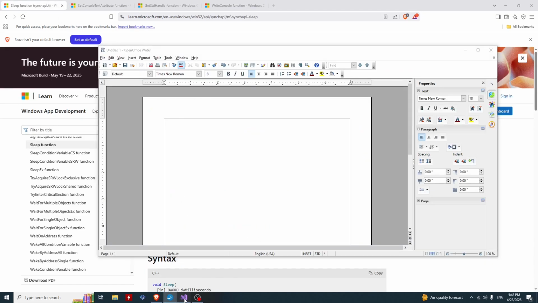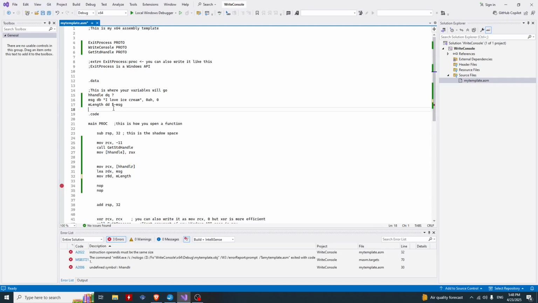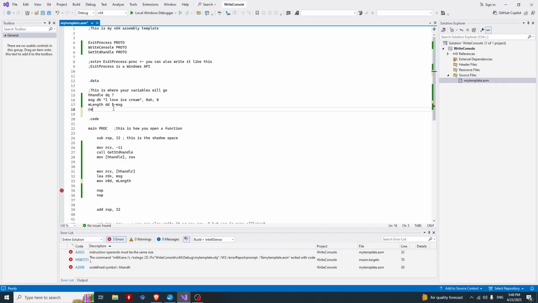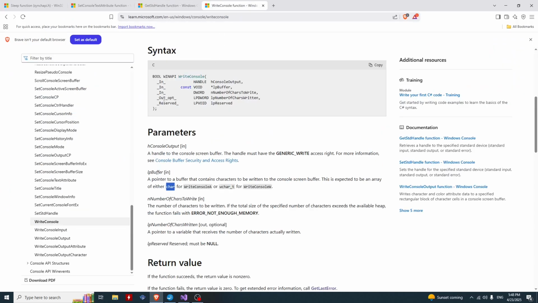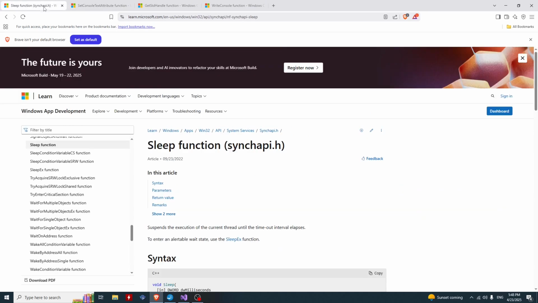In our program, we'll label it cWritten for characters written, and we have to do DD for define DWORD, and it's uninitialized because we're not going to do anything to it. The WriteConsole is going to do whatever it wants to it. That's why we have an out here, because this signifies that this parameter is going to be filled in by the function as opposed to the ins, which you need to provide filled in. So this is a DWORD, and again